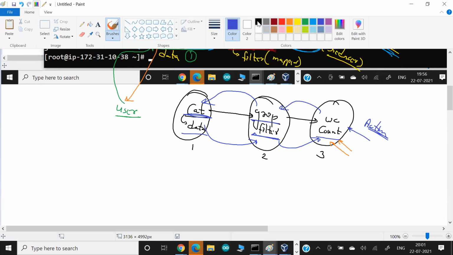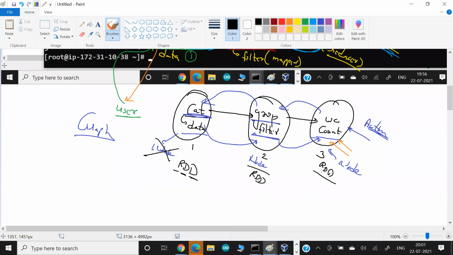So you can think, guys, these look like nodes. This is also a node, and this is also a node. I'm talking about the graph data structure node that I already explained yesterday. I just want to give you a very quick summary so you can relate to today's practical. But here in the Spark world, these are not known as nodes. These are known as RDD, resilient distributed dataset or data structure.